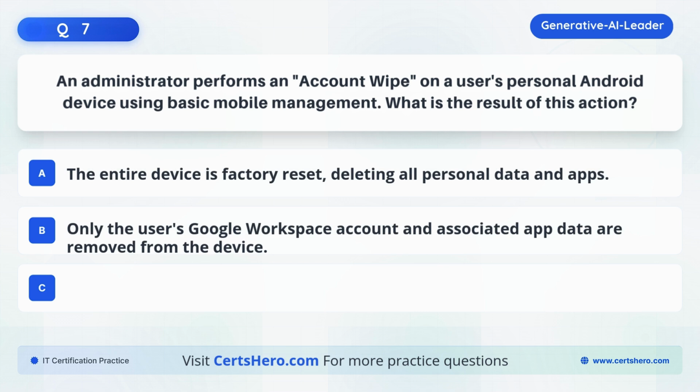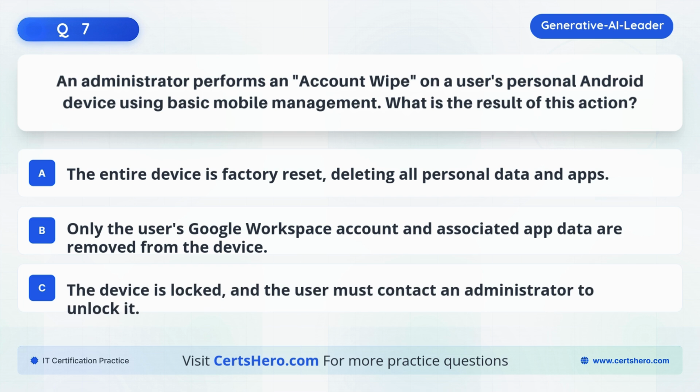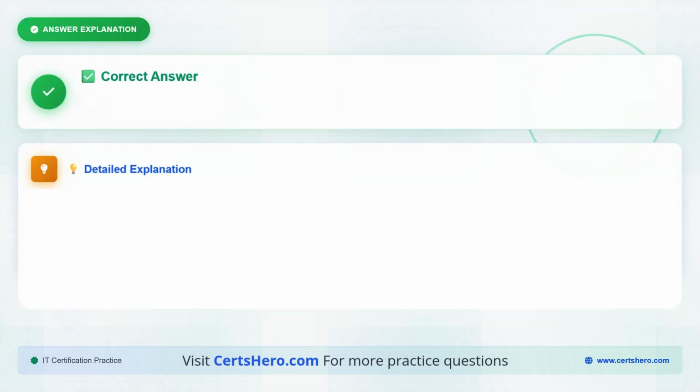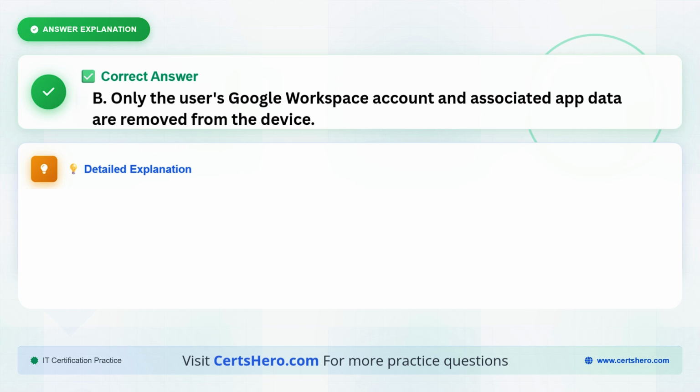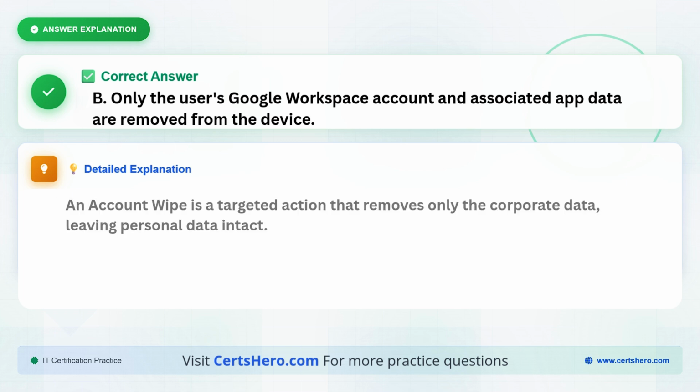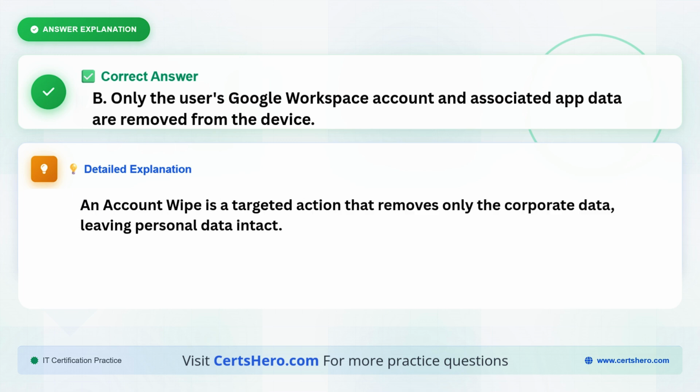Only the user's Google Workspace account and associated app data are removed from the device. C. The device is locked and the user must contact an administrator to unlock it. The correct answer is B. Only the user's Google Workspace account and associated app data are removed from the device. This is a key distinction in mobile management. An account wipe is like a surgical removal of only the company data, leaving the user's personal photos, apps, and